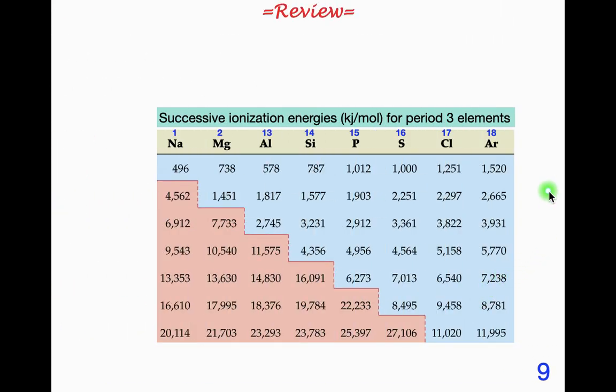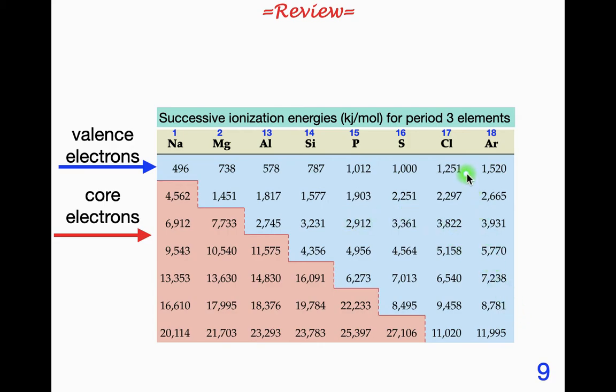Okay, now this is a table. You don't need to know this table, but you need to understand this table. So what we have here are the main group elements, groups 1, 2, and then 13 through 18, the S block and the P block. In blue here are the valence electrons that each one of those elements have, and then in the peach color